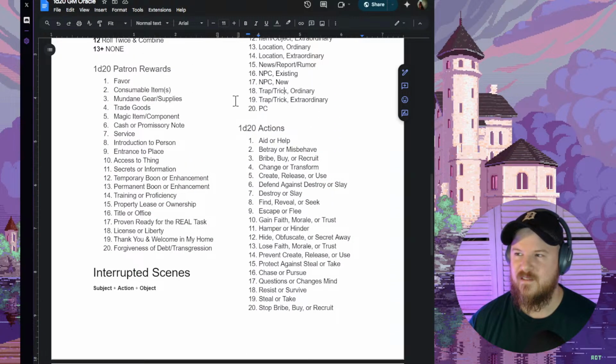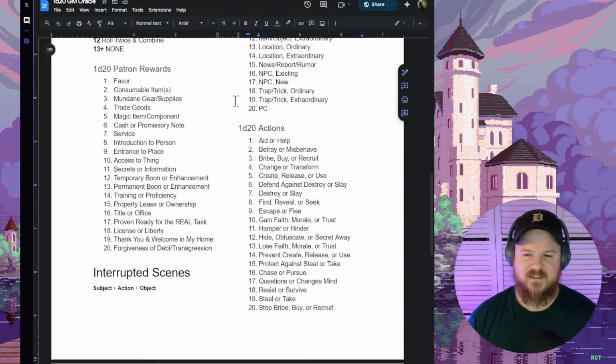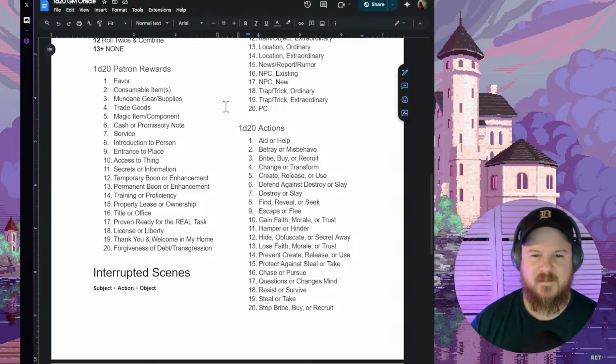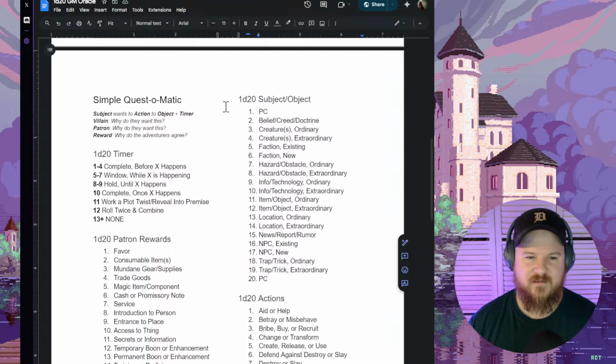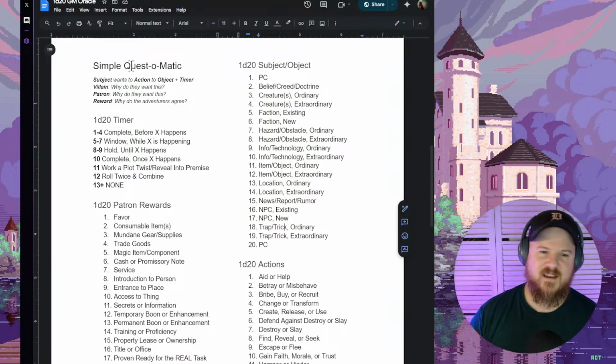That'll give you that. There you go. Now you can see all 20. So yeah, it just kind of gives me a basic action. If you take that subject, action, and object and toss them together, that gives you a good interrupted scene. And you can also use these with the simple sort of questomatic, which is